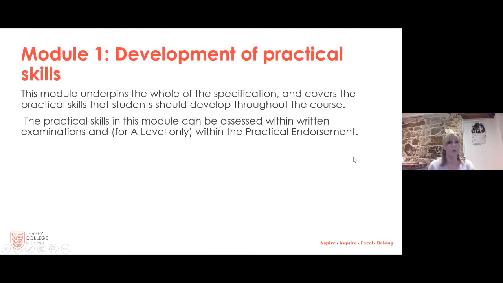So, like I said, module 1 isn't a specifically taught module because it underpins everything. Biology is an incredibly practical subject. We develop practical skills throughout the 2 years, and these are practical skills that universities have informed the A-level exam boards that they really value in students who go off to study any sort of sciences, medicine, dentistry, veterinary medicine, more traditional sciences like biology, genetics, those sorts of things. So these are the skills that the students will